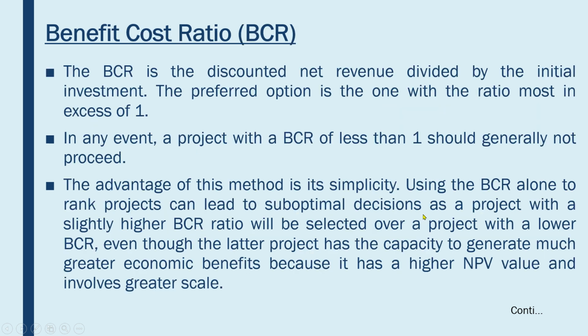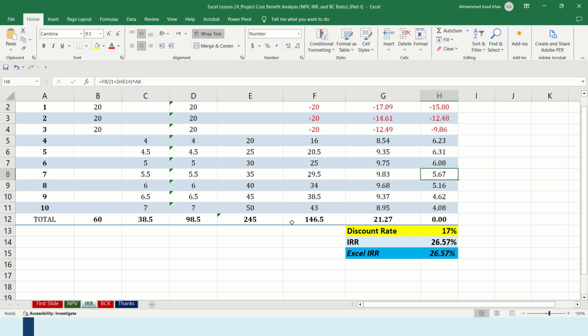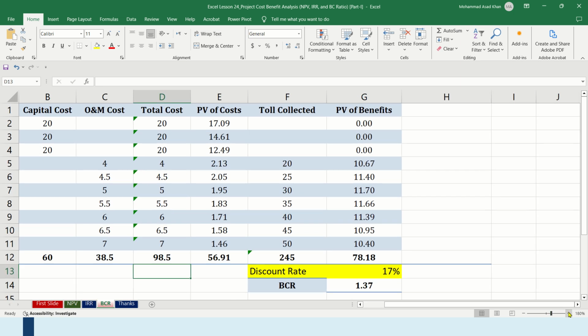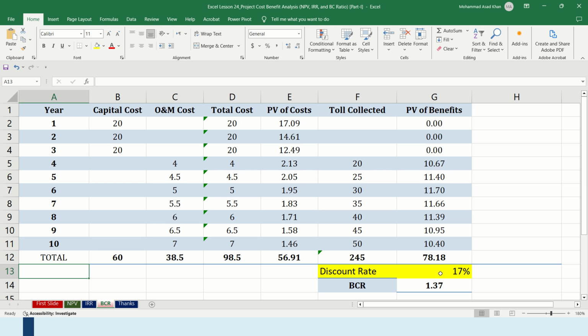And coming to the next, this is the benefit cost ratio. The BCR, benefit cost ratio, is the discounted net revenue divided by the initial investment. The preferred option is the one with the ratio most in excess of 1. So we would come to the BC Excel sheet again. I have opened the Excel sheet. So you can see that